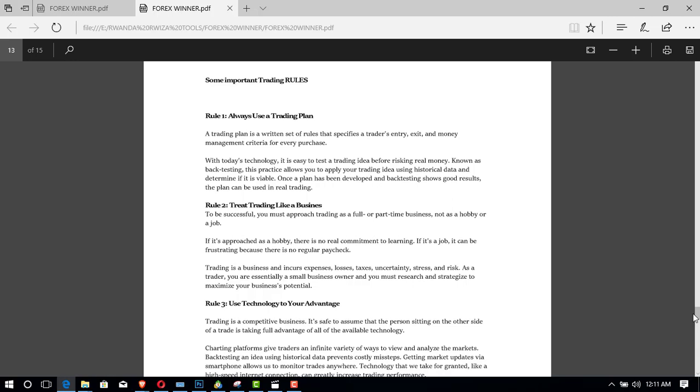Okay, let's continue with rule number 6: risk only what you can afford to lose. Before you start using real cash, make sure that all of the money in the trading account is expendable. If it is not, the trader should keep saving until it is. Money in a trading account should not be allocated for